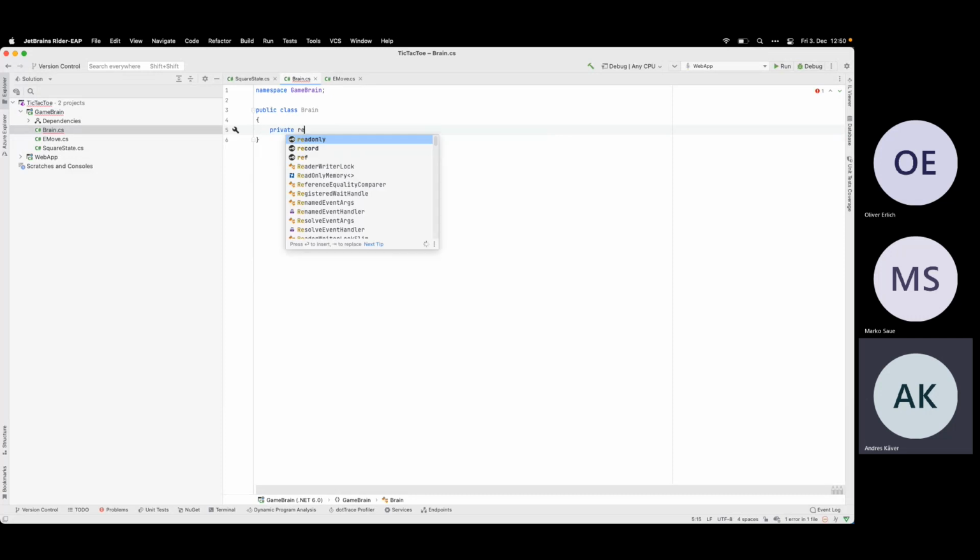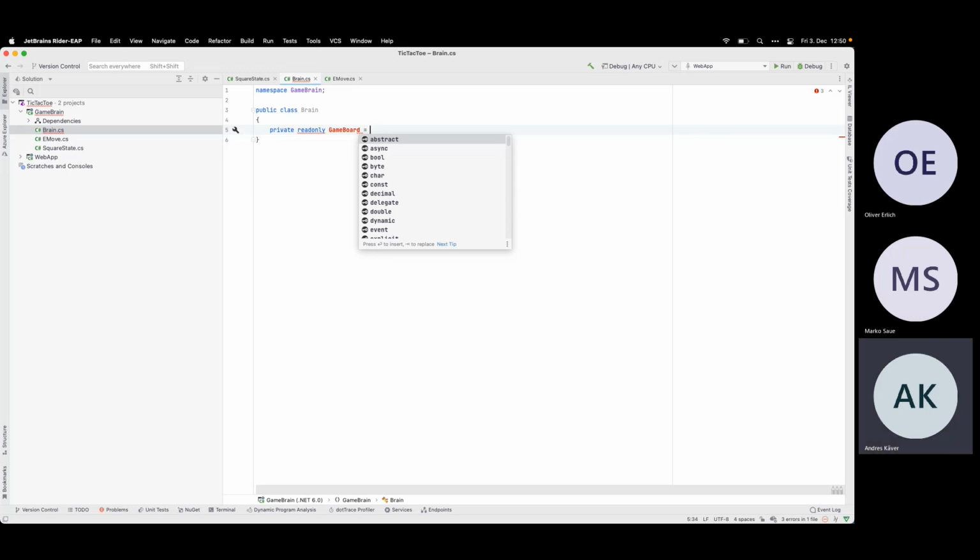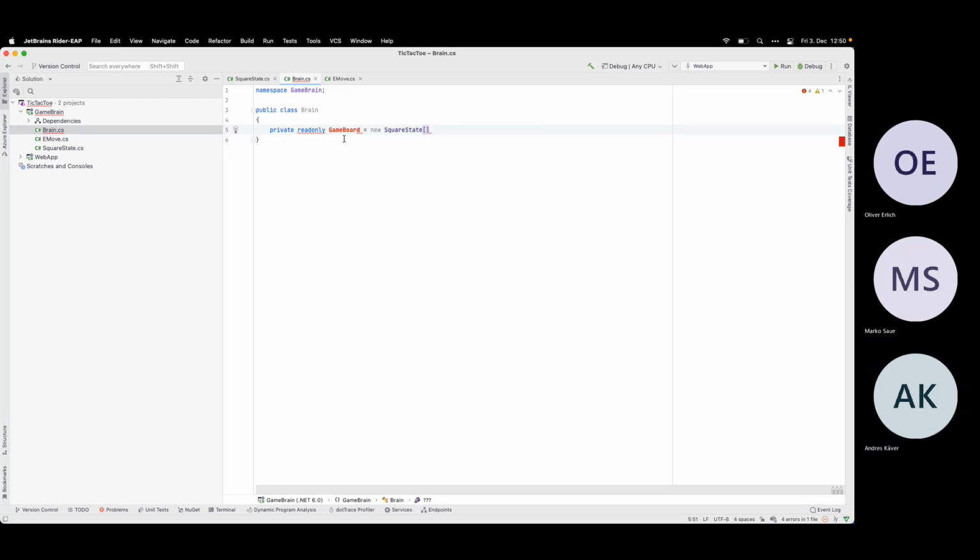So private, let's call it maybe read only, game board is what, new? What should it be? Square state array. And actually it has to be, how was it declared?